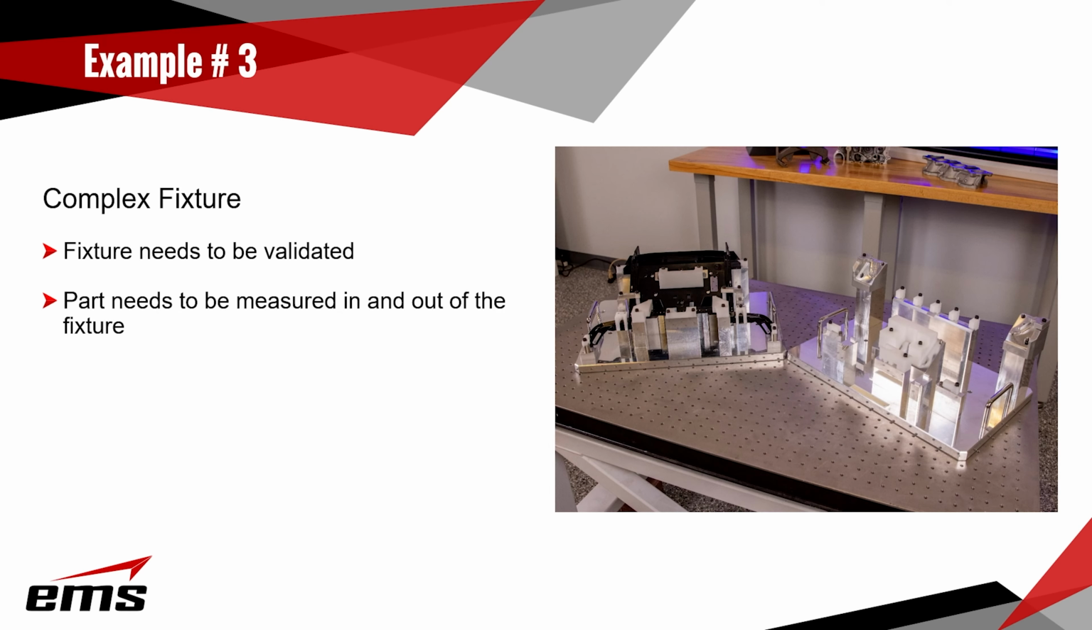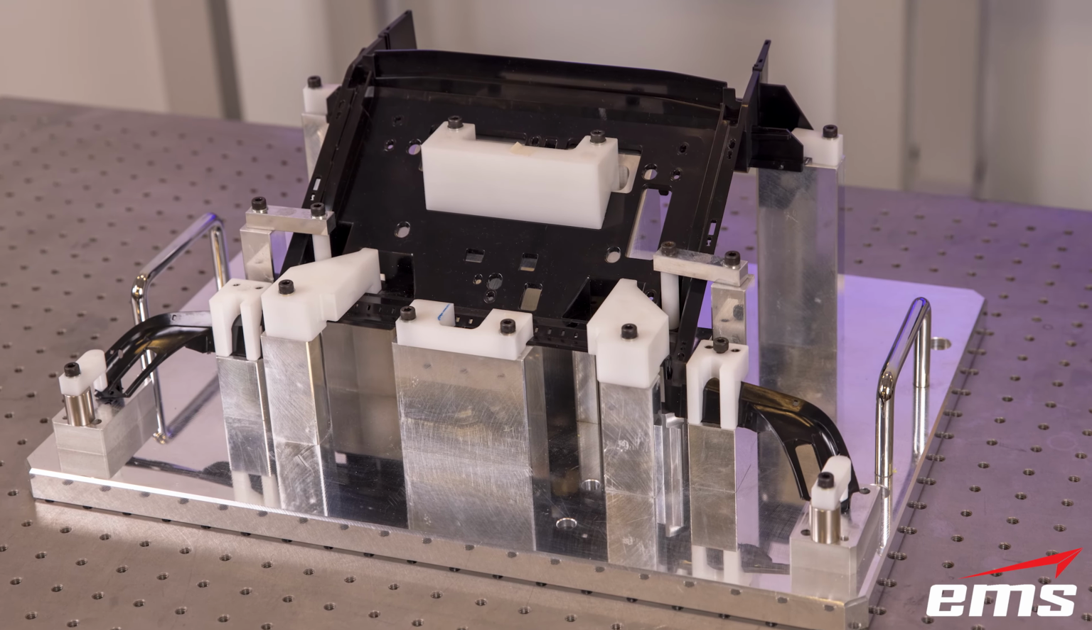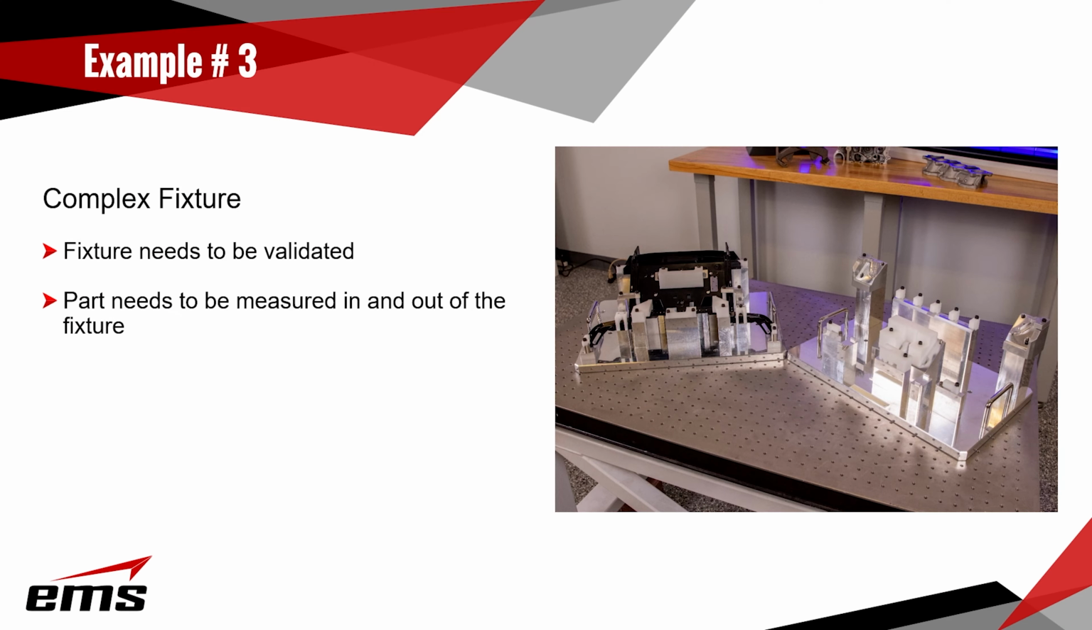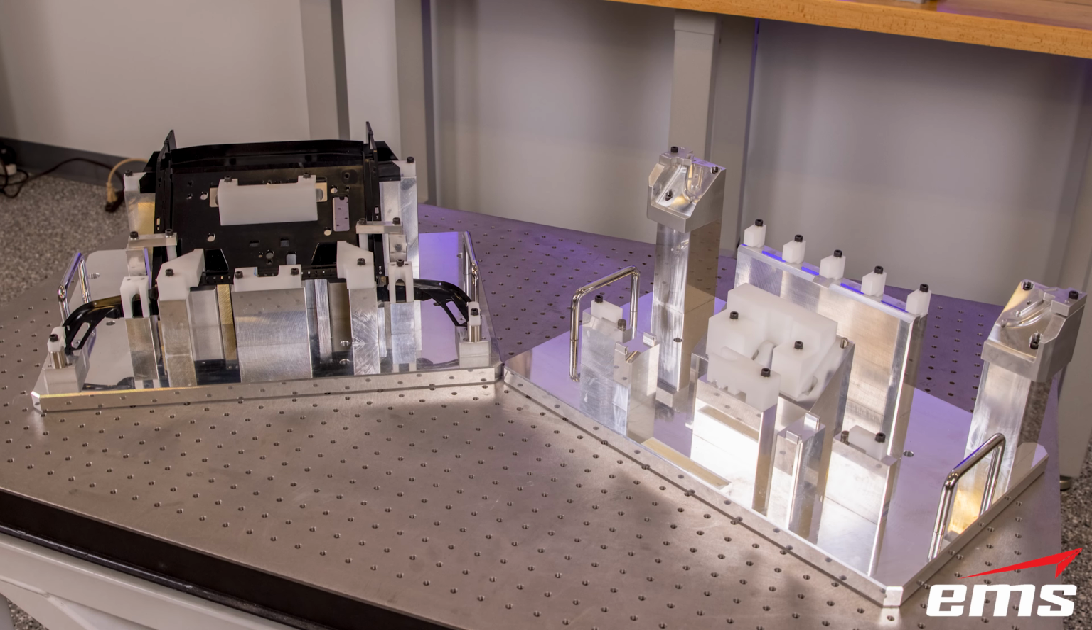In our third example, we're going to look at a complex fixture, and you can actually see there's two fixtures here because we're checking the part both from the top and the bottom. So the part is placed in the fixture one side. You see all the little white blocks. Those are bolted into place to hold the part down in the fixture in the correct part position, and then it's inspected. So it's done on the one side and then taken out, flipped over, and put into the fixture